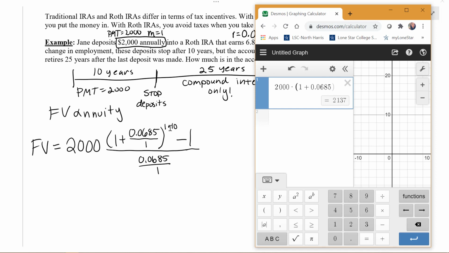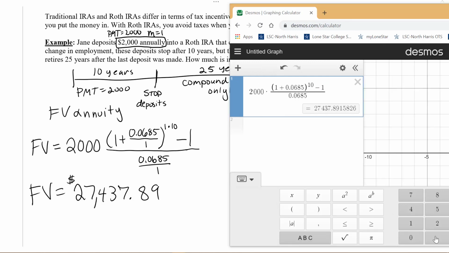Raised to the power of 1 times 10 is 10, so if you want to start simplifying these, that is totally fine. We'll come outside of the exponent, and then we're going to say minus 1. Okay, then I'm going to highlight everything at the top of that fraction. I'm going to hit divided by, and then I'm going to write just 0.0685. So our future value is